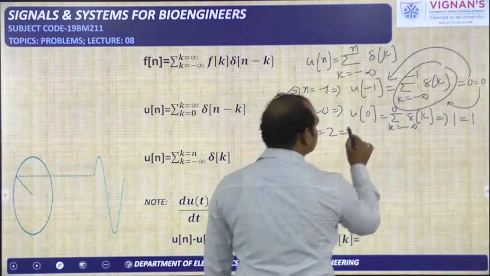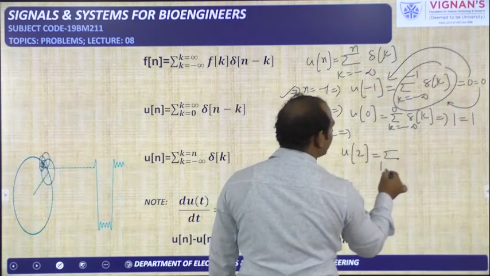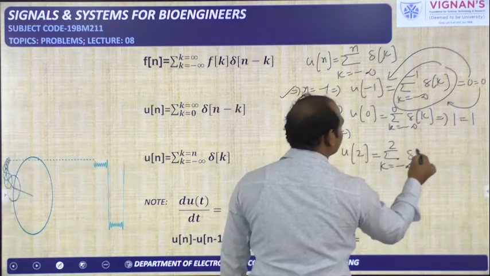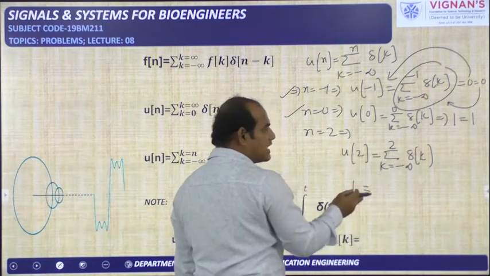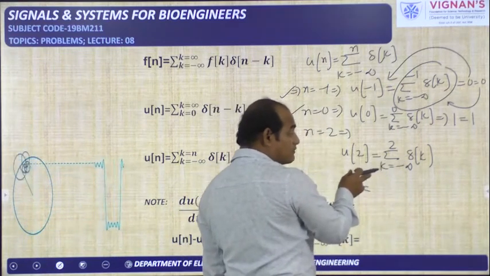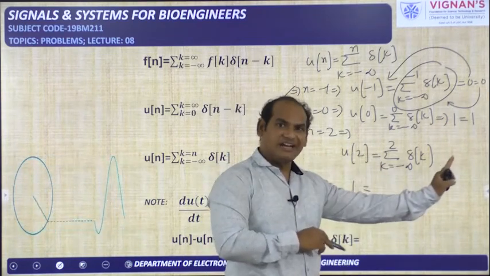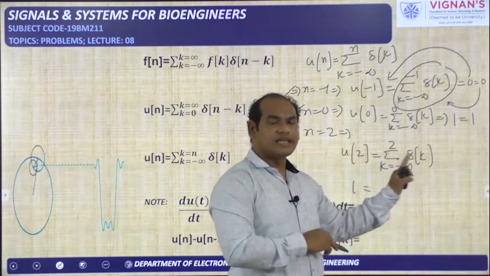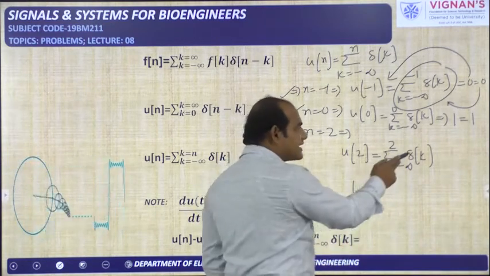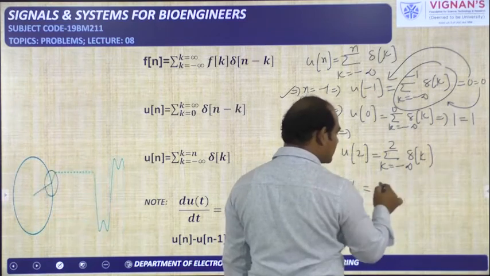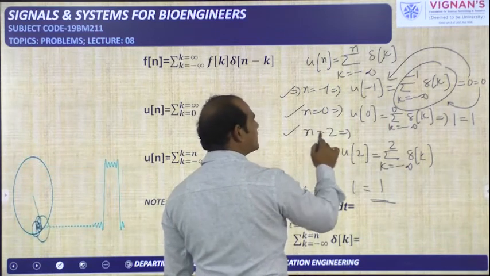Now substitute n is equal to 2 in this equation. U of 2 is equal to sigma k is from minus infinity to 2 del of k. U of 2, right side you will get 1, it is equal to, this side you see, you are adding this impulse signal from k is from minus infinity to 2, in between 0 is there, minus infinity to minus 1, negative side, k is equal to 0, and then k is equal to 1, and then k is equal to 2. For all the k values this del value is 0 only, but only at k is equal to 0 you will get a del of 0, that is 1. Again true, again this equation is satisfied, this n is equal to 2, that is positive values also.